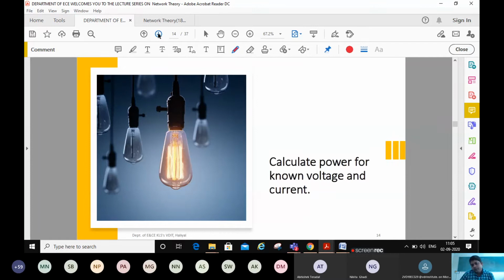So there are two conditions while calculating the power. One is you should be knowing, see, already we know a very basic equation: power is equal to V into I. So if you want to know the power, then at least you should know voltage and current. Or if you know current and power, then you need to calculate the voltage. So in presence of power and current, you can calculate voltage, and in presence of voltage and power, you can calculate current. Okay, so that's fine.